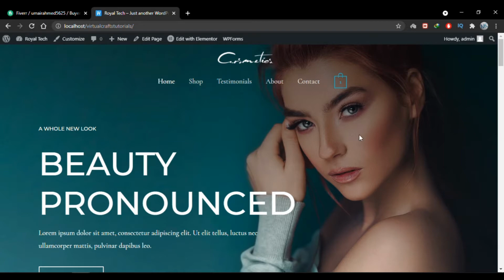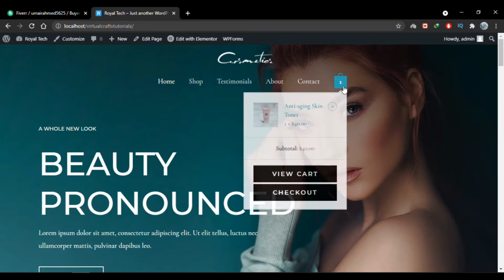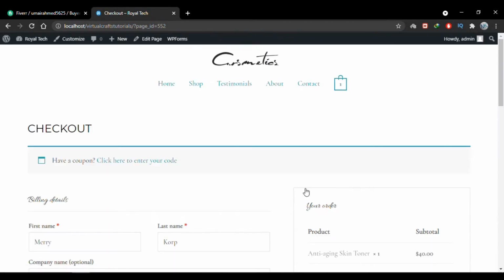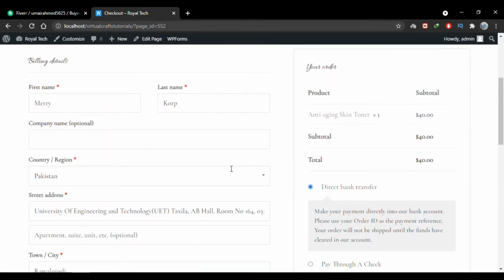For the demonstration, let me show you how my checkout form looks at the moment. I'll go to the checkout page. And this is my checkout form. All the fields are default by WooCommerce. And now we'll see how we can add new fields to it, how we can remove some fields from it, and how we can reorganize this complete form. So let's get started. I'll go to my dashboard.